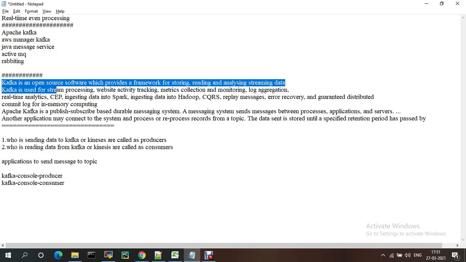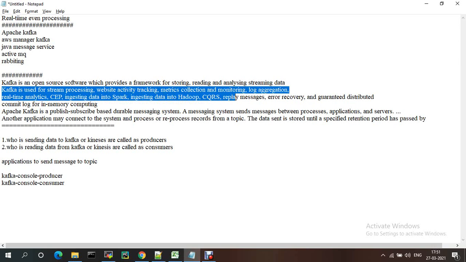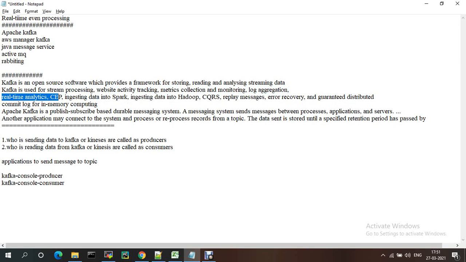Kafka is an open source software which provides a framework for storing, reading, and analyzing streaming data. Kafka is used for stream processing, website activity tracking, metric collection and monitoring, log aggregation, real time analytics, everything.